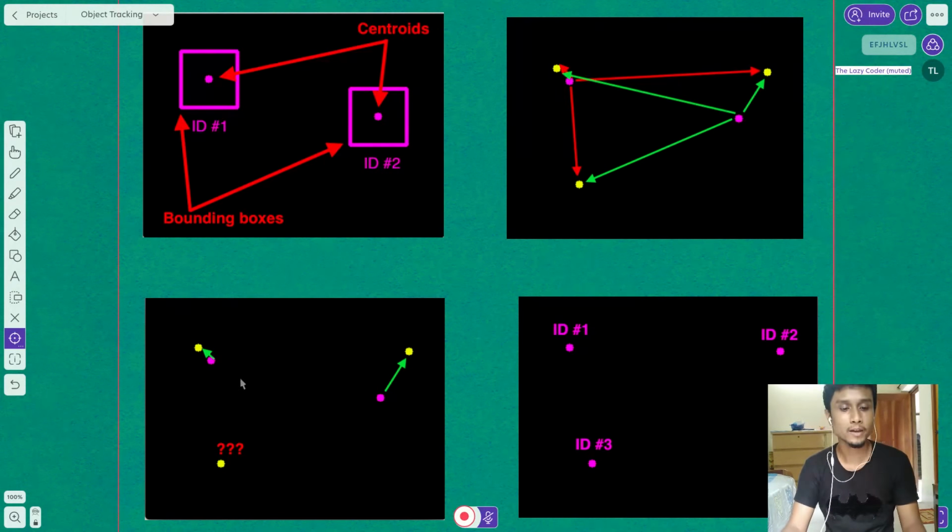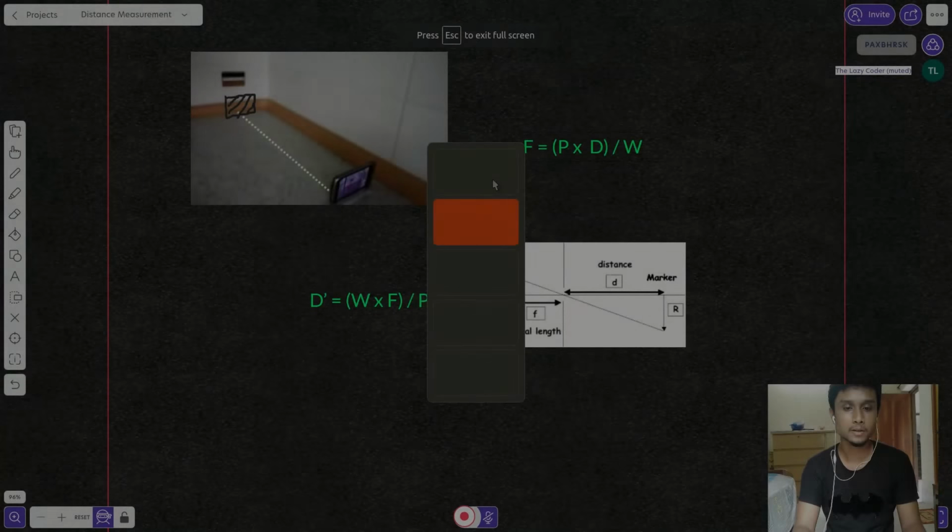Clear? When a centroid disappears from the frame, if we cannot find this ID for 50 consecutive frames, we will deregister the ID from our array. So here is the object tracking algorithm, and now we will switch to the distance measurement algorithm.